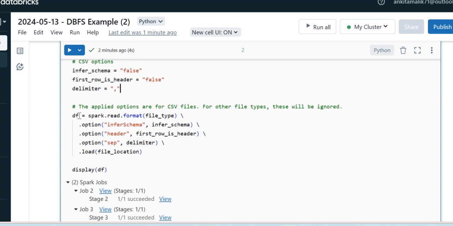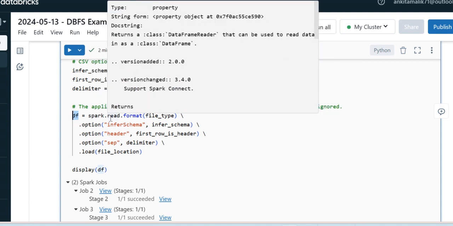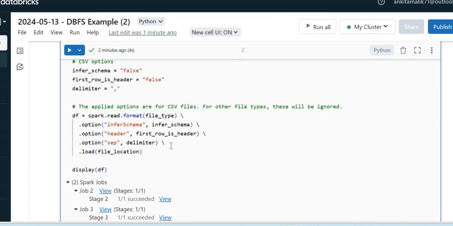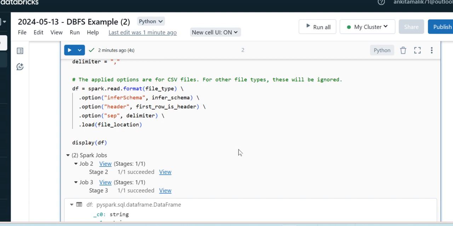Alright, next I have created a data frame. What is a data frame? It is going to store your data set in a tabular format, or in a table you can say, as we are used to in databases, or in a columnar format, so you can access and query that. So in Python on Databricks, how can you access that? First you have to read that file. In order to read that, we will define